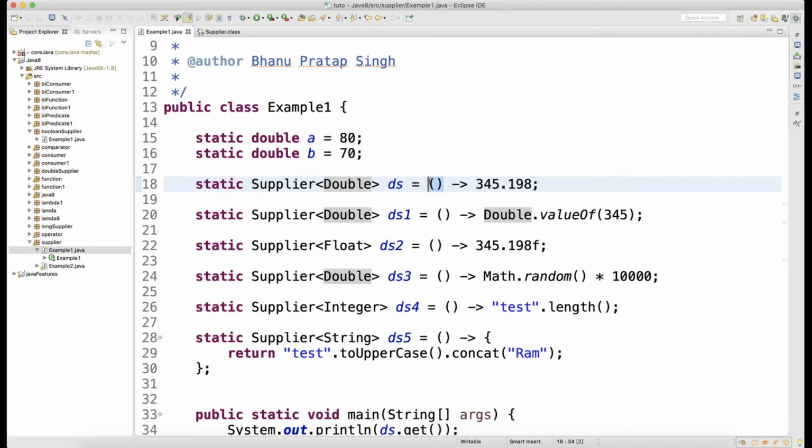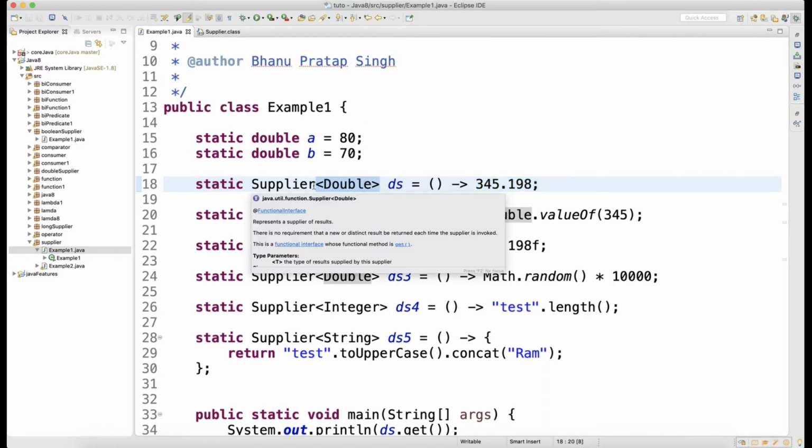This parenthesis is blank, which means I am not supplying anything to the supplier, but my return type from that supplier is double. So this double should be a part of my angle bracket, right? Whatever you want to return, that should be in the angle bracket.